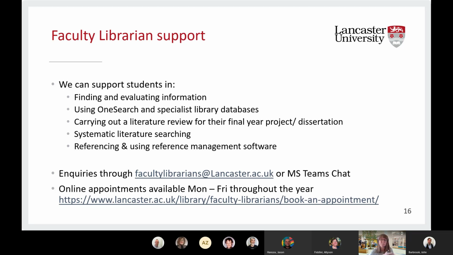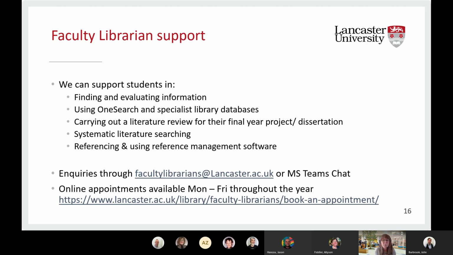While that's usually been in health and medicine, I know John's done a lot of support for psychology this last term. I also mentioned referencing, and we can support students if they need some guidance. We've got such a lot of different referencing styles that we lead students into, so we can support with that, and also with using EndNote desktop and EndNote online.